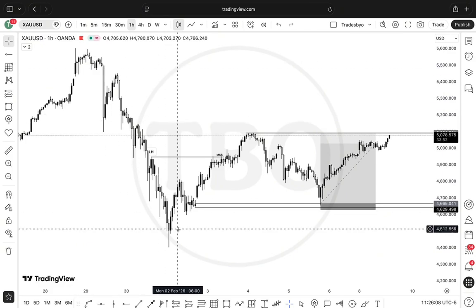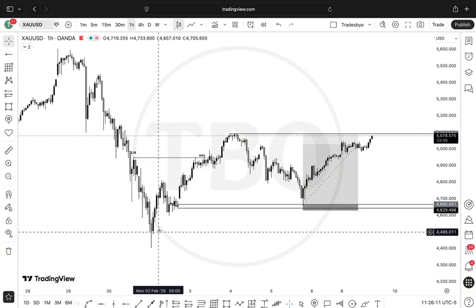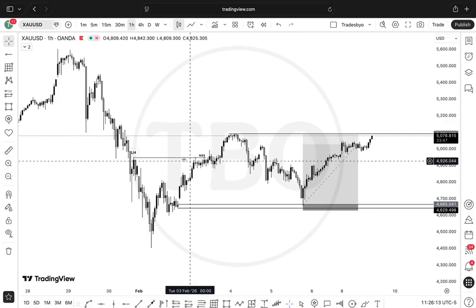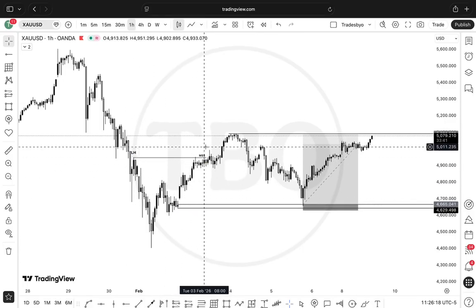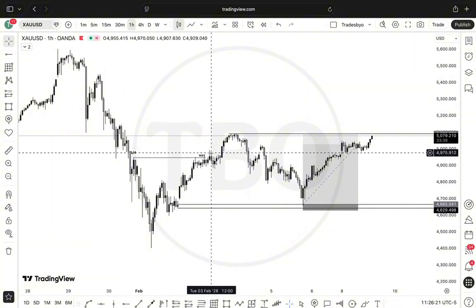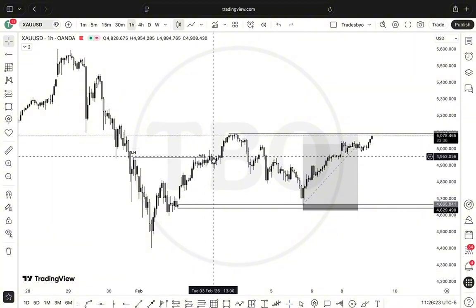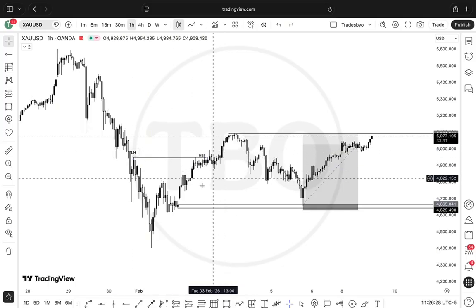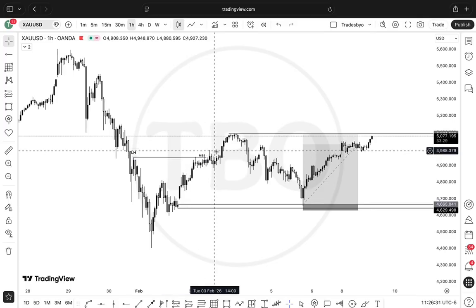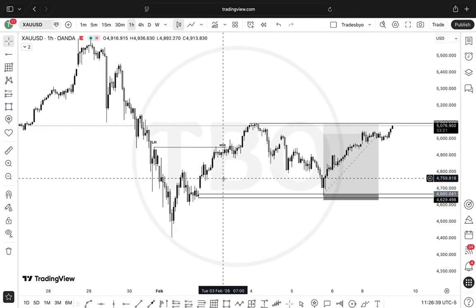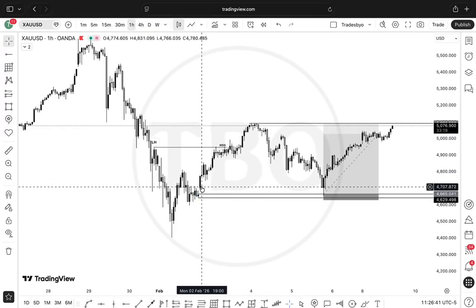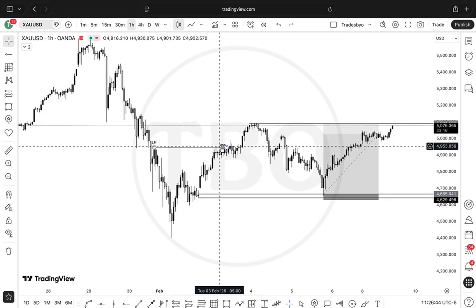All right, first we have a downtrend, and then after the downtrend, the market came and it did a market structure shift. So we want to mark out the last lower high if we're in a downtrend, and after we get a break above that lower high and a close, right? So we cannot get a wick. We need the body of the candle to close above the previous lower high, right? That is now known as a market structure shift, and we want to mark out the last candle after a strong aggressive displacement. And as you can see, we got that strong aggressive displacement to the upside, market structure shift,